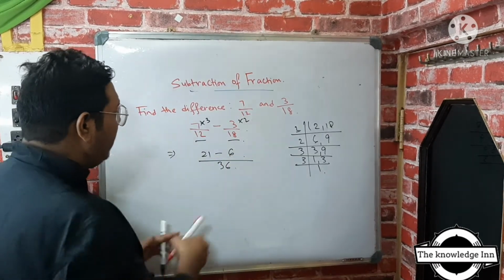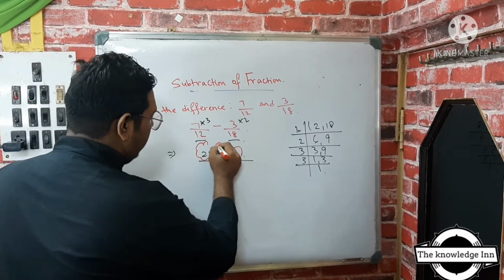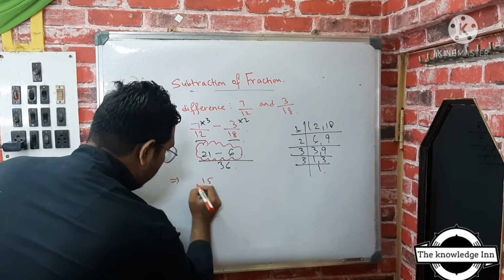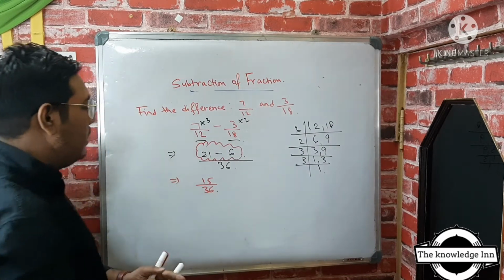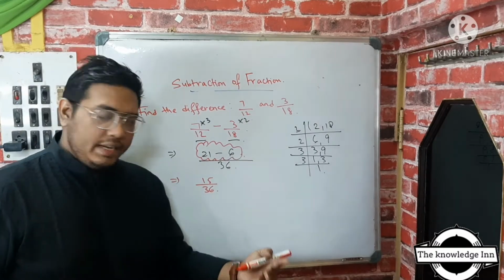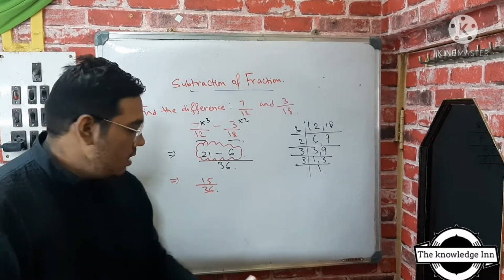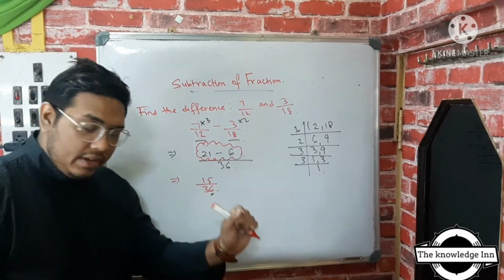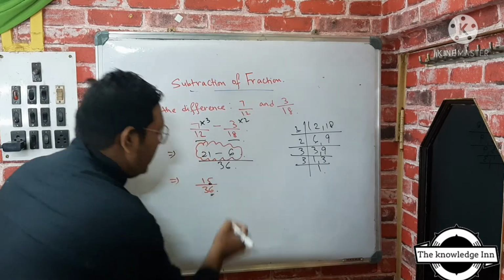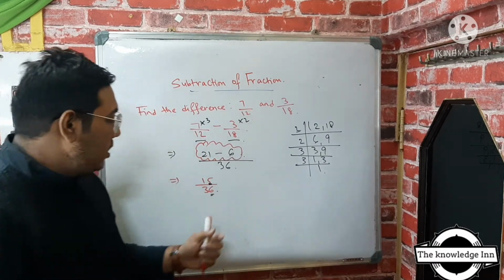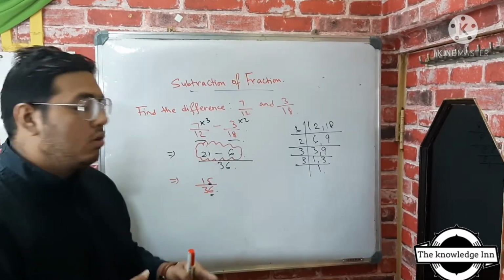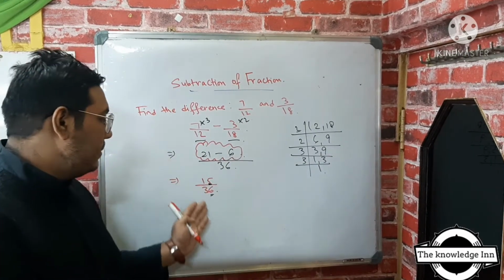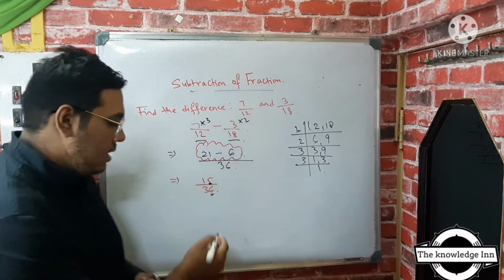Now we will simply subtract the numerators. That means it will give me 15 by 36. Now 1 plus 5 will give you 6, and 3 plus 6 will give you 9. So in this case you'll see one digit is even and the second one, this 5, is an odd number. So 2 will never go. We will not be following the rule for 2. We will go with the test of divisibility of 3, because both the numbers are surely getting divided by 3.